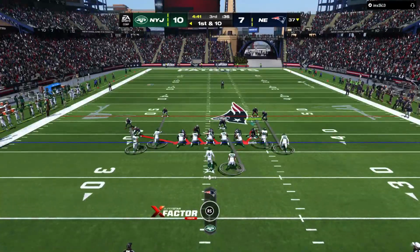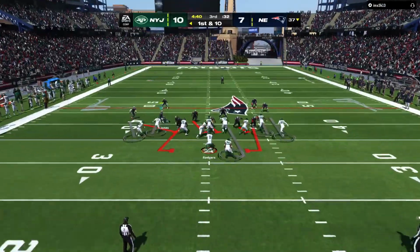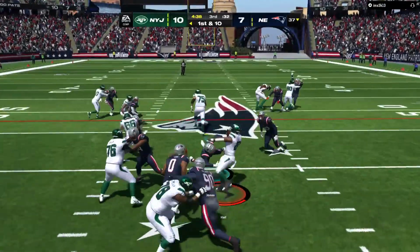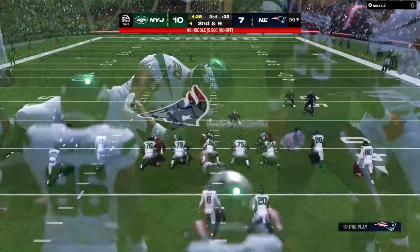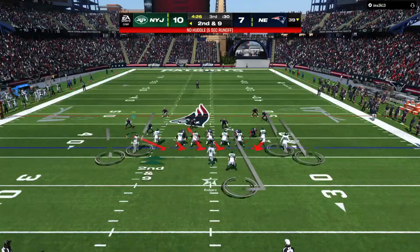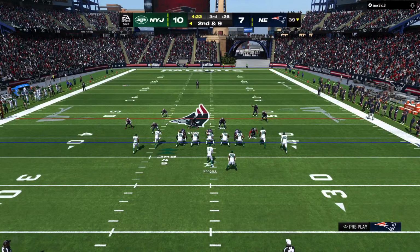Line of scrimmage, the 37 on 1st and 10. Hall on to give up the middle. And he's going to be stopped up quickly here. Just a yard up to the 39. And they're going to speed things up here. Brings up 2nd and